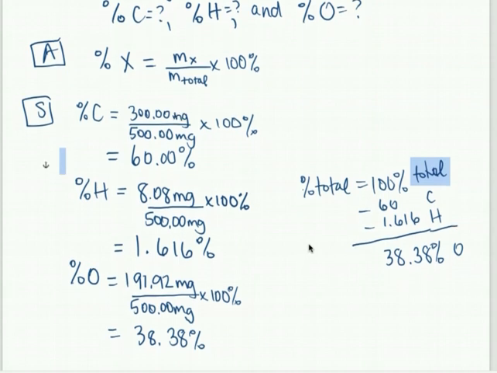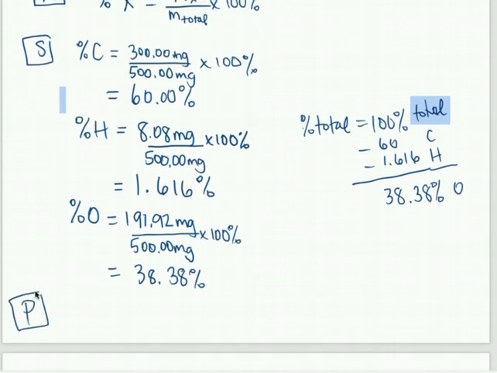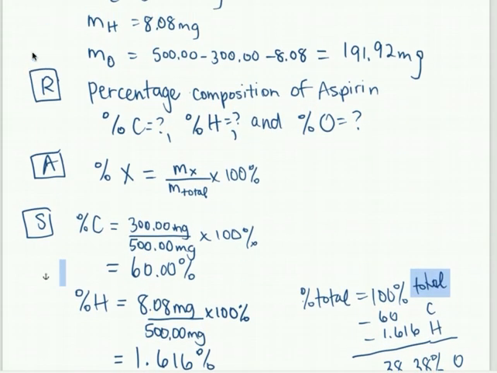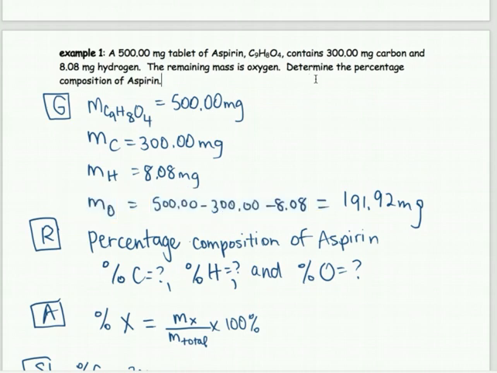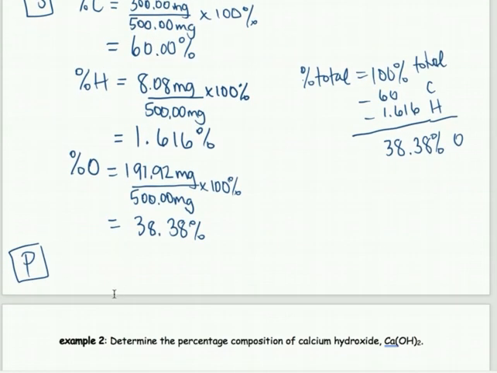Okay, all right, so from here, make a therefore statement of what you found. So again, I want you to use the key words here. So what did you find, or what did they want you to find here? They wanted you to determine the percent composition of aspirin. So again, that's the key word that you want to write down first. So the percent composition, percentage composition,